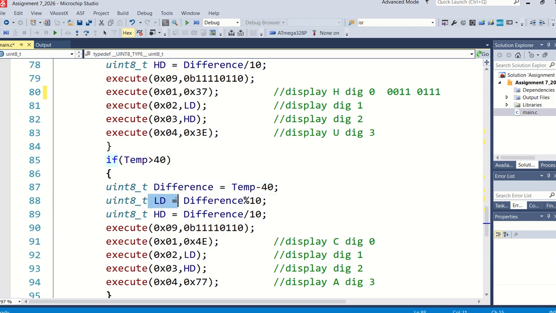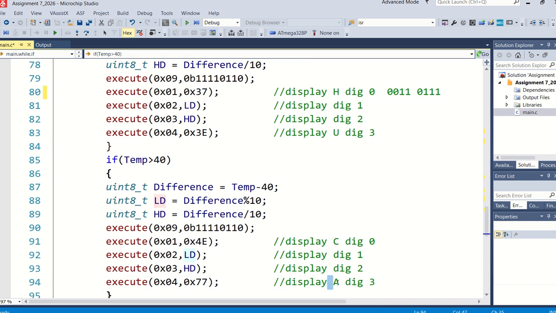And same story. Let's say the difference is 65. Then the difference is the full one. So 5 will be placed in LD and 6 in HD. And that's again the same story. Those two will be numbers, of course, now. And I'm going to say in the first digit from the right-hand side, put a C in there for cooling. That is not decoded, which means I must tell it what should be placed in the different segments. And if you work it out, it's going to be 4E. That LD and HD will be correct.